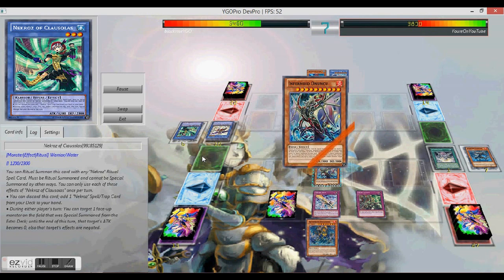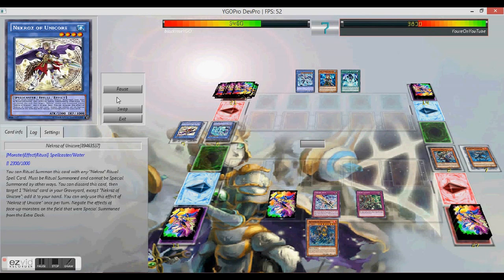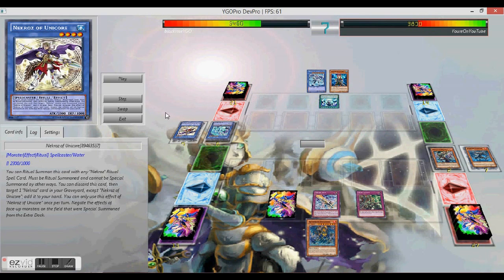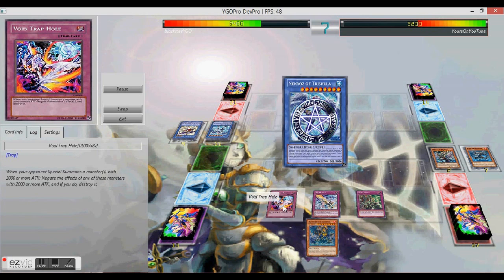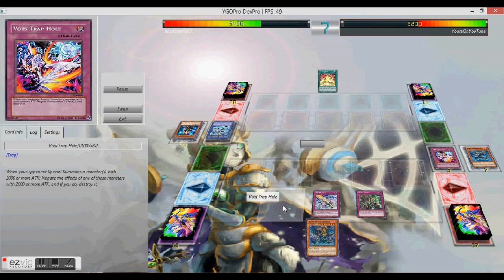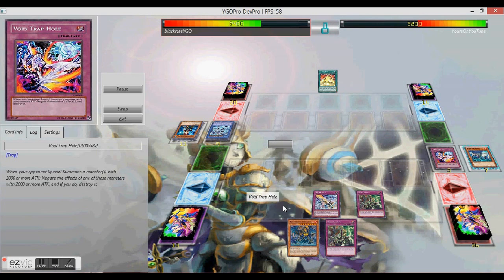So you can try to just go off, but I negate his mirror. But the sad thing is, I didn't realize that he could just search another mirror. So now I'm kind of left open for him to play Trishula, which he goes and plays. But I play Rising Void, which negates its effects and the summon. And he's left wide open for me to beat him this turn,